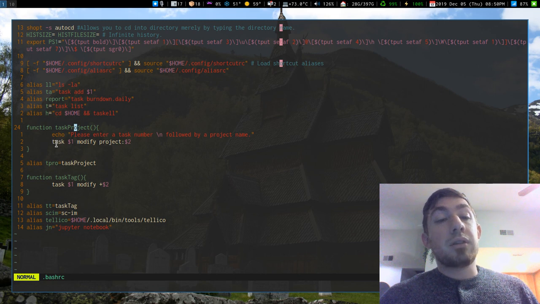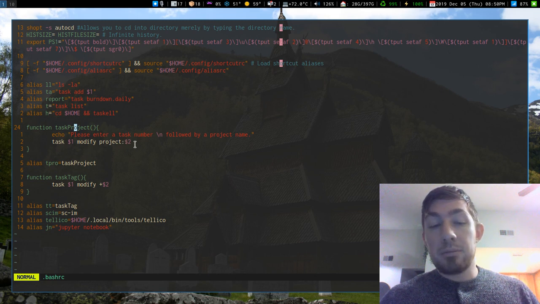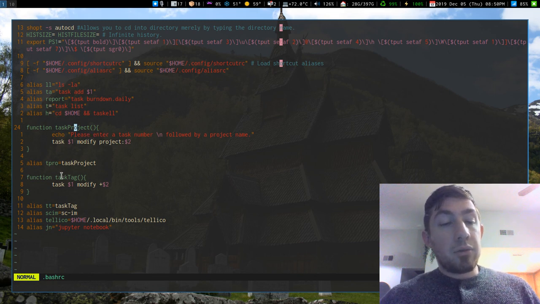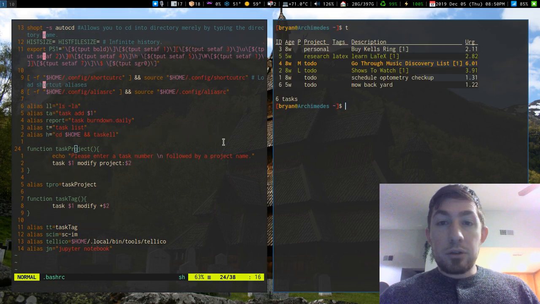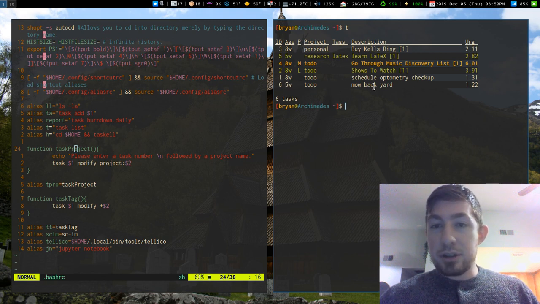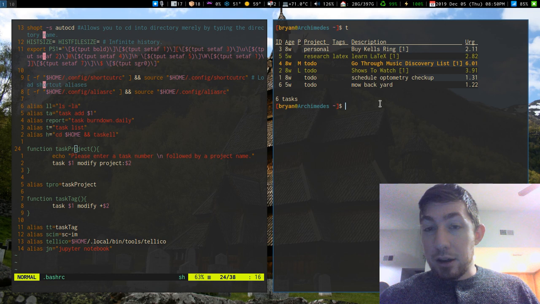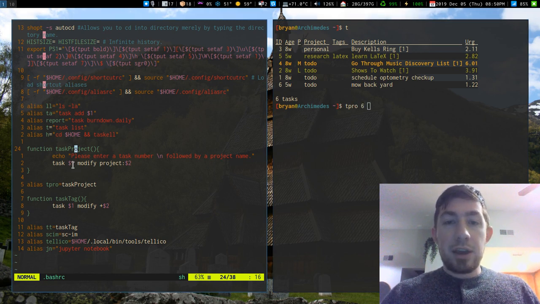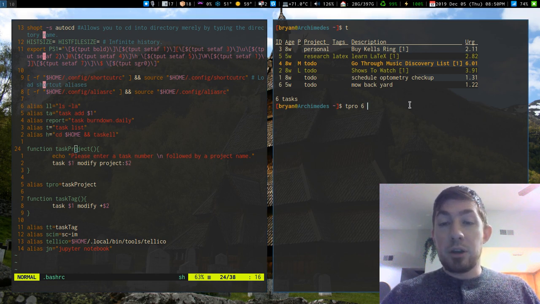But you would input the task, the number of the task, modify it, and then the project is going to be whatever project you want. So if I was going to do task project, then I would type this, which is the alias. The task project function is aliased to tpro. Actually, let's do a live example. The project of task 6 here, which I don't really care if you guys see, is I need to mow my backyard. So task 6, let's just do tpro 6, because the first argument it takes is a task number, which is 6. And it's going to modify and add the project, which is the second argument,